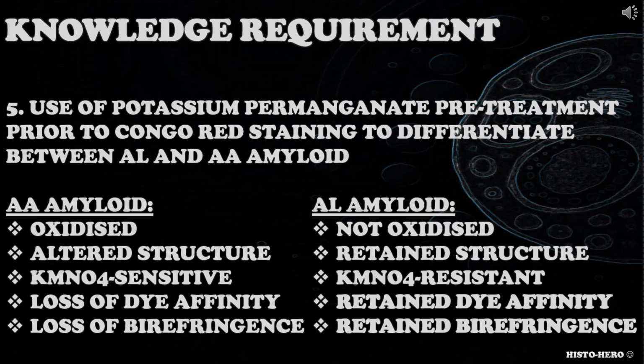Why is potassium permanganate pretreatment used prior to Congo red staining? To explain how this pretreatment differentiates between AL and AA amyloid, and why it is important to differentiate between AL and AA amyloid. When addressing this knowledge requirement, candidates should consider oxidation of AA amyloid, alteration of amyloid structure, potassium